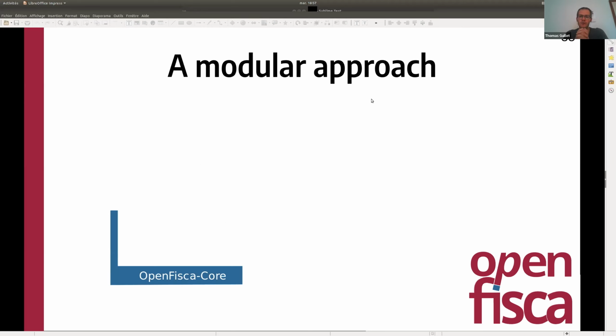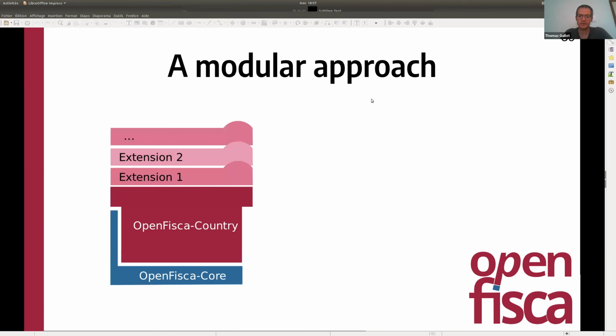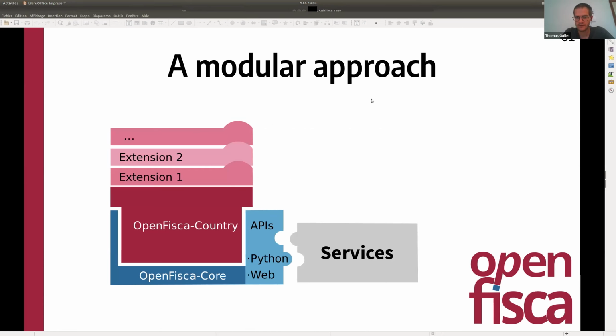The other good thing with Open Fisca is that a lot of people work on it, so it's a pretty modular framework, and it was built for France, but also for other countries and for local governments. And it was made so that a few general APIs have been constructed so that products and services can be built on top of that framework.